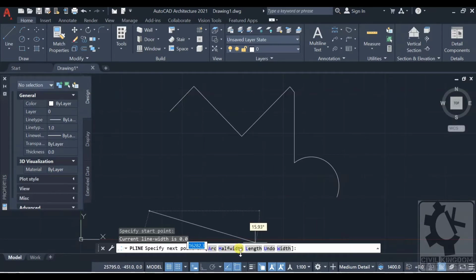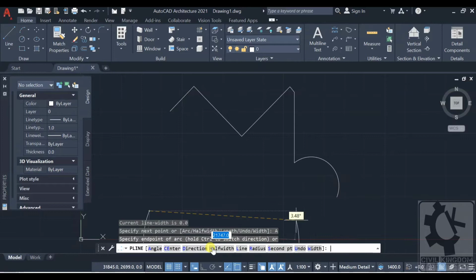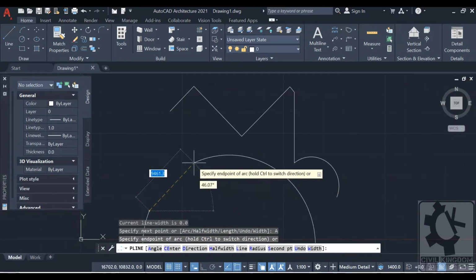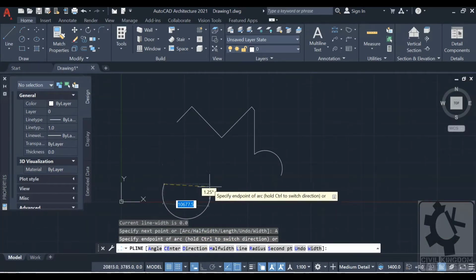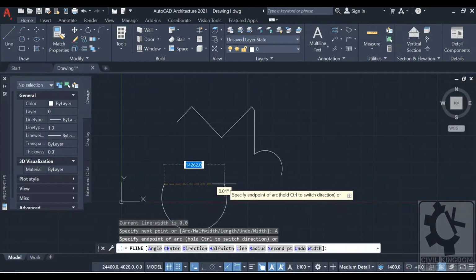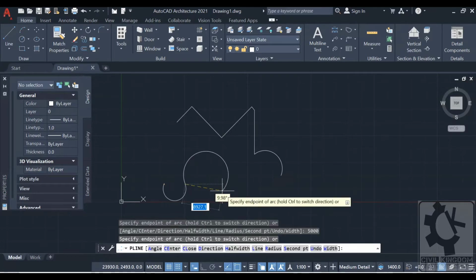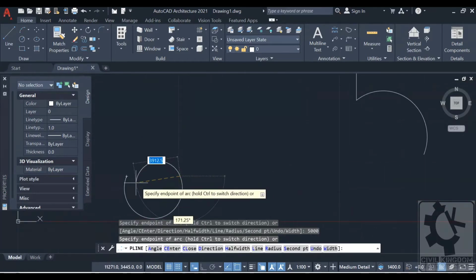Say I want to draw an arc, so it will show you the arc. Say 5000, so its length is 5000.